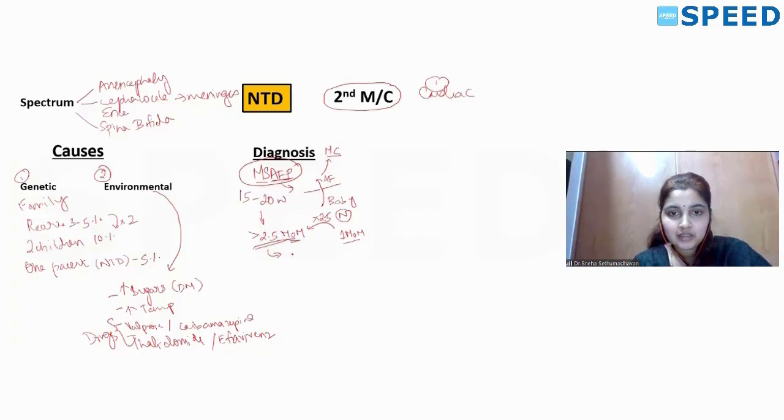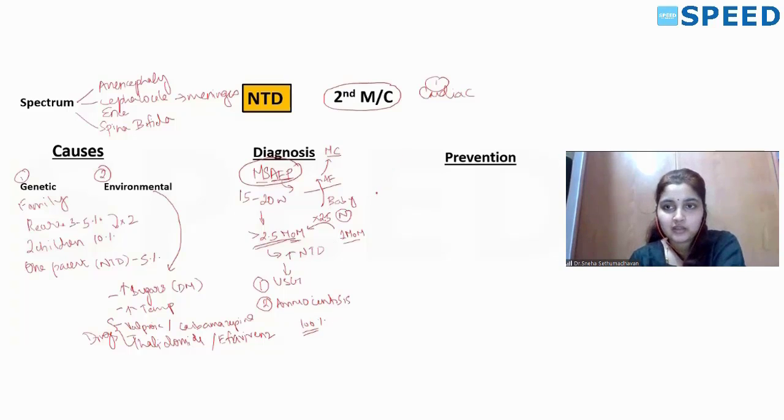This is an indicator that the baby might have neural tube defect, in which case you will offer her first an ultrasound scan to see if the baby has features like frog eye or lemon sign and any bulges from the spinal cord. And also you will offer her amniocentesis, because this is the definitive test. It can diagnose 100% if the baby has some kind of a genetic disease associated with it. That's about the diagnosis. Now, how can you prevent this?